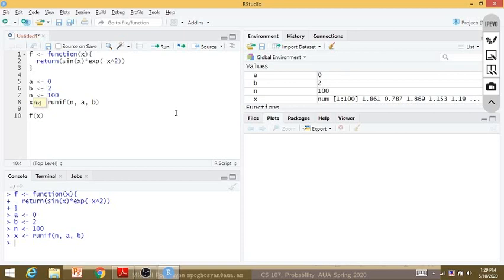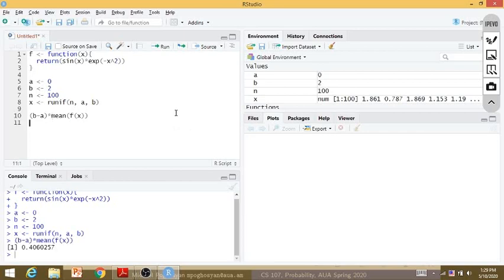Then I need to average these numbers. So averaging is very easy. I'm just writing mean of this vector. The average of that vector, sorry. So this is the average. This is instead of g of x1 plus g of x2 plus g of xn over n. And we need to multiply by b minus a. If you remember, that integral value was b minus a times that average. So I'm running this and I am obtaining